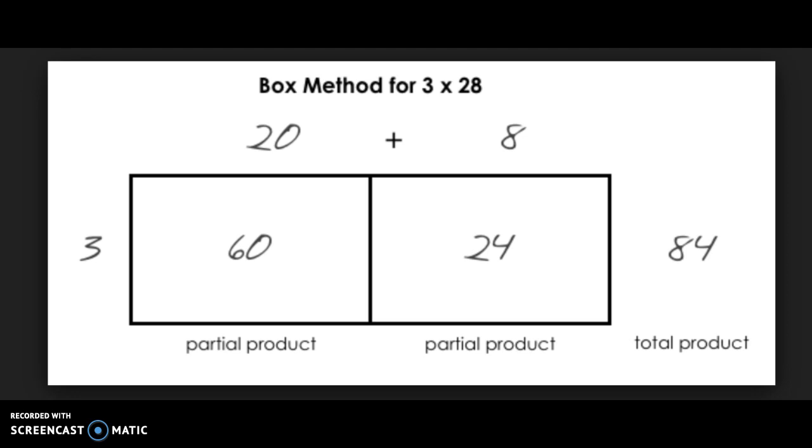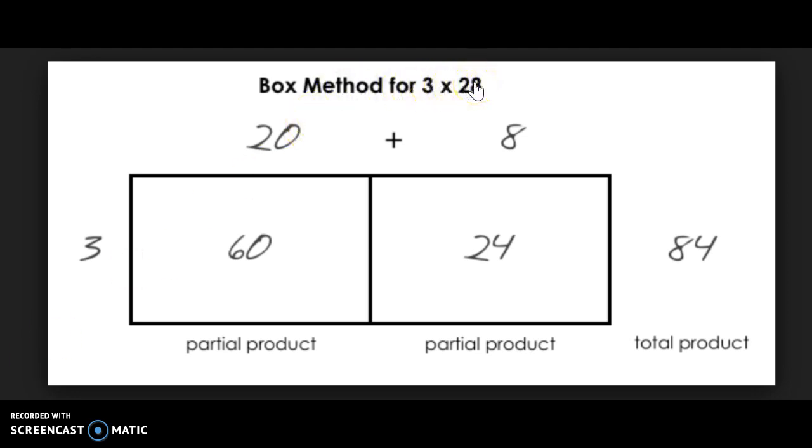We have found that students have a hard time remembering either to carry or they lose their place. The larger the digits get, they forget those zero placeholders, and so we have moved into teaching the box method as kind of like an in-between. So the way that you do the box method is you look at your problem, 3